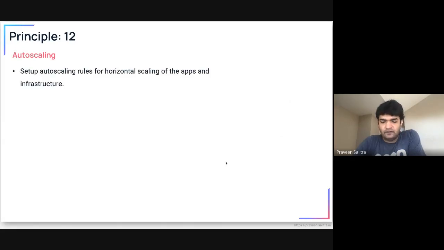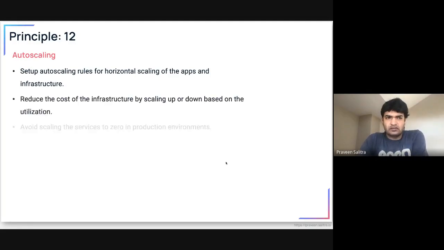Again, if you ever get popular, if you are writing a new app, or if you are in a company whose platform is used by many users, then you may want to think about auto scaling. Because based on the number of users hitting your systems, you will want to scale the number of instances, or when there is no one using it, you want to bring it down, right, to save the cost. So you have both scale up as well as scale down in this particular scenario. Auto scaling will come and help you there.